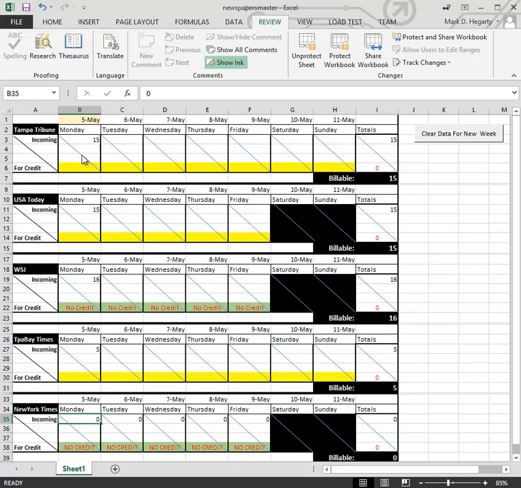Okay, I'm going to go through some sample scenarios. Let's say we'll go ahead and populate this information here. I'll just say we got X amount of papers for the Tampa Tribune. What we're going to do is simulate a week's worth of activity, and I'll show you what we do to reset each day or each week. Let's say we had 6 returns, 8 returns, 9 returns, 3